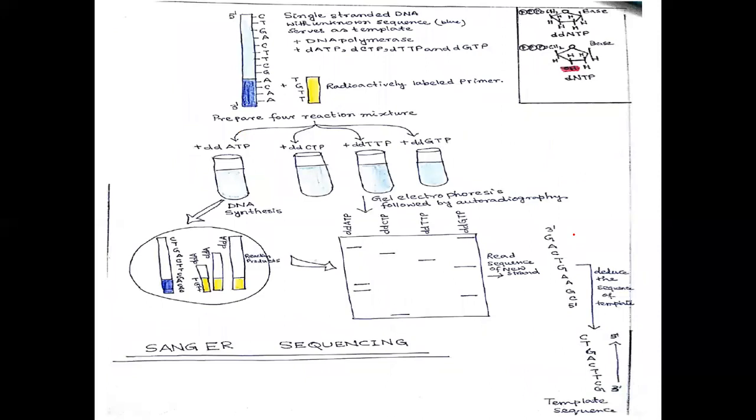Now coming to our last discussion for today's video. Here I will discuss sequencing methods, and the simplest DNA sequencing method is Sanger sequencing. It is one of the earliest DNA sequencing methods and easier, but it is time consuming, and the problem is it is not that much accurate. As a result, nowadays many new shotgun sequencing, next generation sequencing and other techniques have been developed, but still you should know the basics of sequencing. This sequencing is Sanger sequencing, named after the developer Sanger.